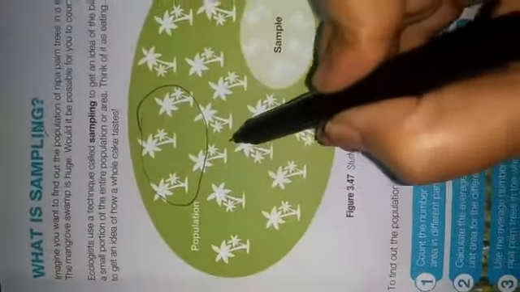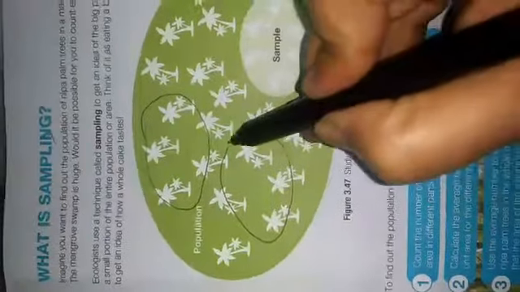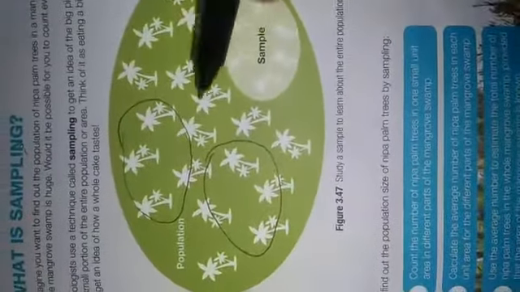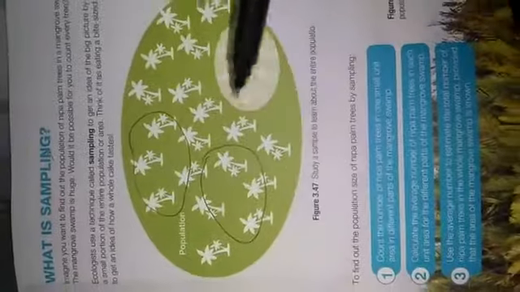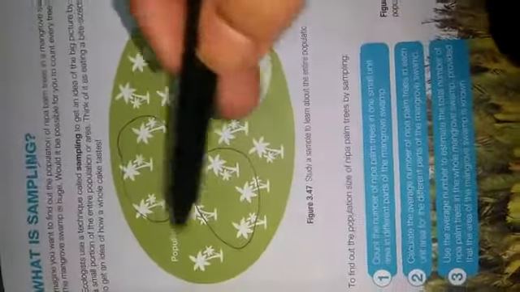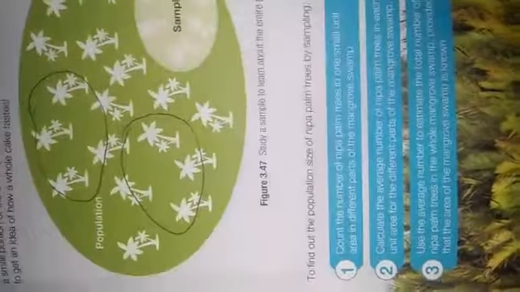As one sample they have shown over here, the small unit they have taken, and in different portions they will randomly take, like you can take small portions, and you can count the number of trees in these small areas, and then you will take an average, and by taking the average you can easily find out the number of populations of nipa palm tree in a mangrove swamp. In this way, as ecologists, you can get the picture of the large populated areas. So sampling is the way.